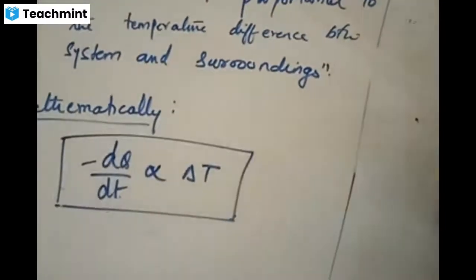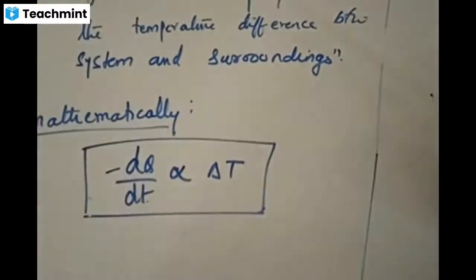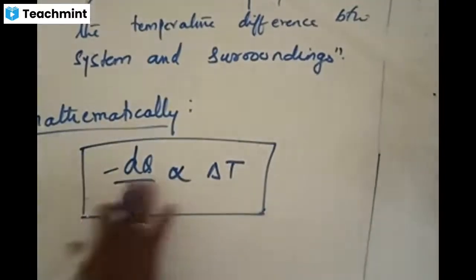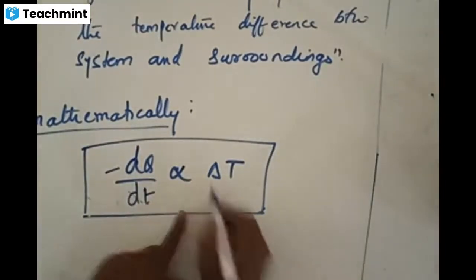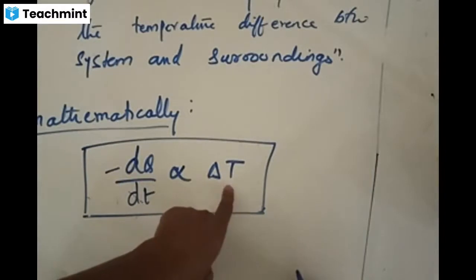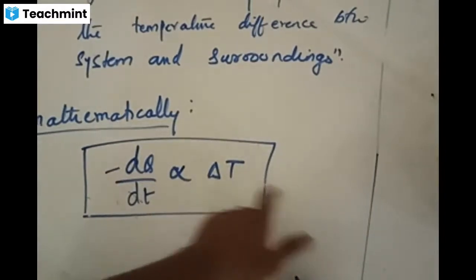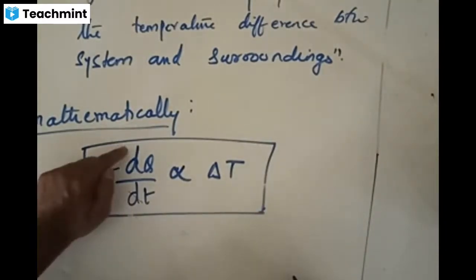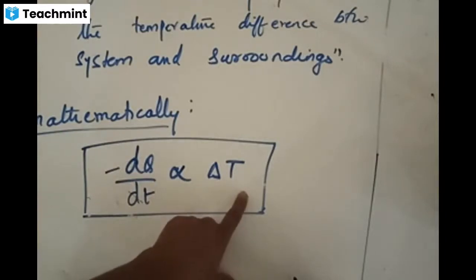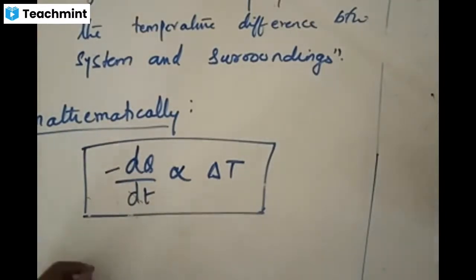So mathematically you can write like this. See, mathematically dq by dt is proportional to delta T. You should know the terminologies here, dq by dt. Delta T is the finite temperature difference, 1 degree, 2 degrees, 3 degrees, 0.5 degree, whatever it is, whereas dt is the differential time. For a small change of time interval, the loss of heat that takes place is directly proportional to the temperature difference between these two. You can verify this practically also. We'll do that. I'll tell you how to do this once this derivation is completed.